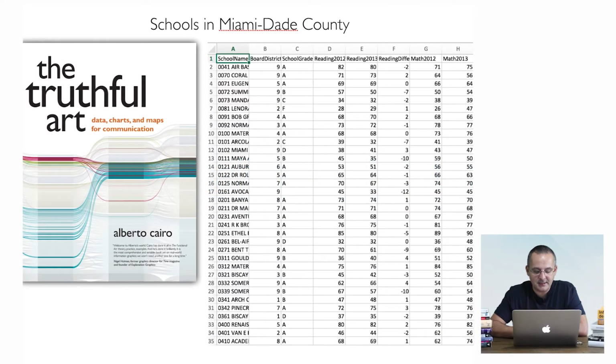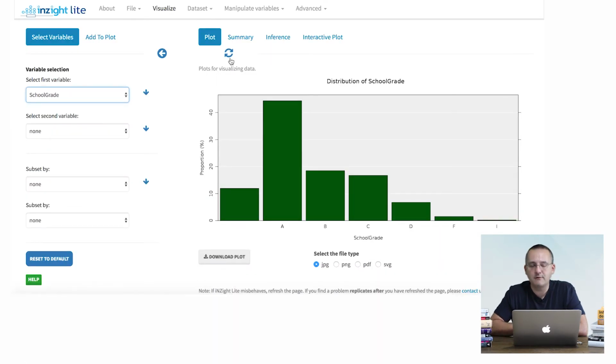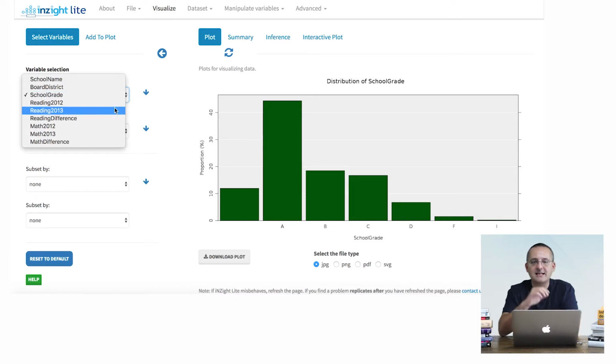Insight. Anyway, so let's go back to Insight, and now I'm going to tell the software, well, don't visualize a school grade. Now let's visualize a quantitative variable, right? School grade is a qualitative variable, right? It's a categorical variable. It's names, A, B, C, and D. Those are also values, but they are not numbers. Reading 2013 is a quantitative variable. It's a continuous variable. It goes from 0% up to 100% with all the steps in between, right? So Insight is going to visualize it differently, as you may notice in just 1 second.